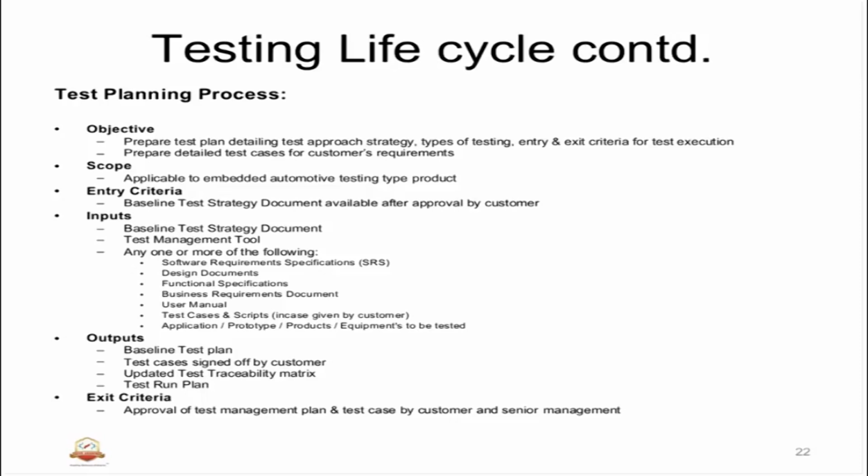and how, meaning what sort of planning that I need to have in order to do the testing. So the planning also again has the objective, scope, entry, input, output, exit. The objective is here: prepare test plan detailing test approach, strategy, types of testing, entry and exit criteria for test